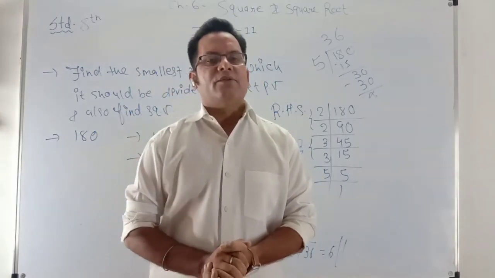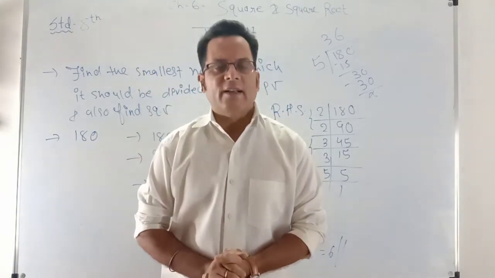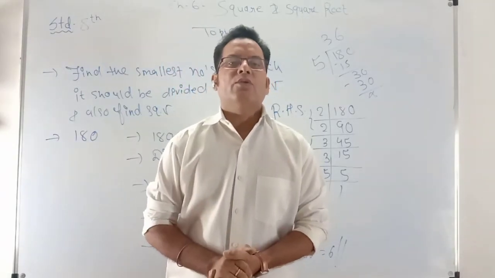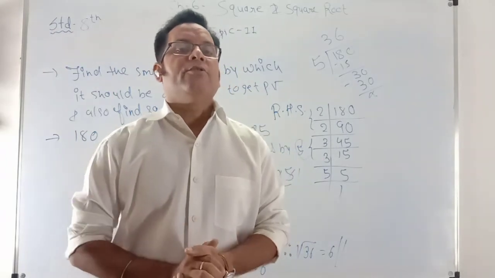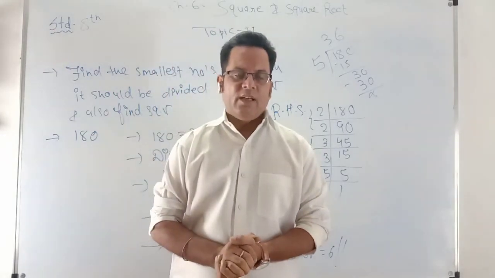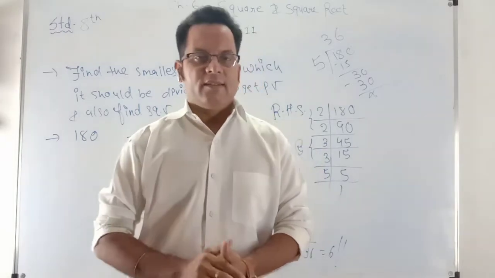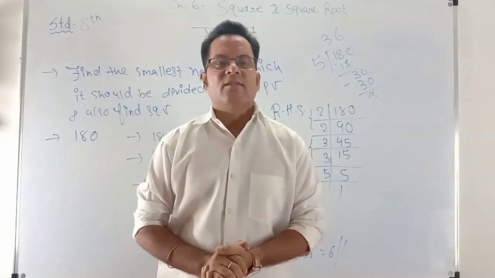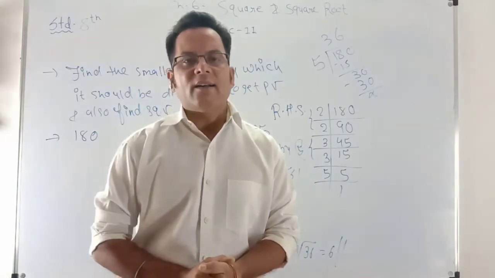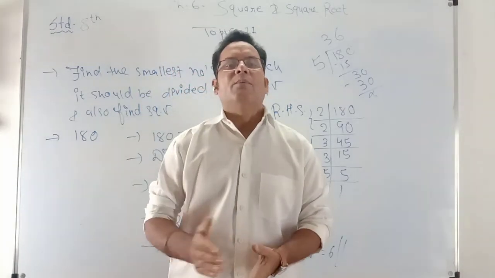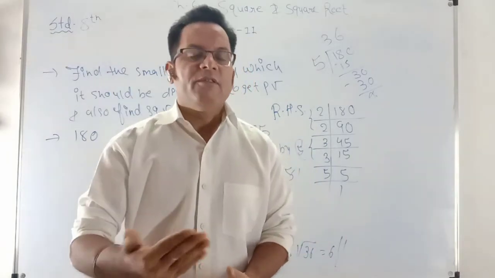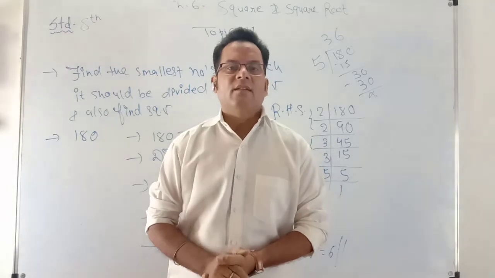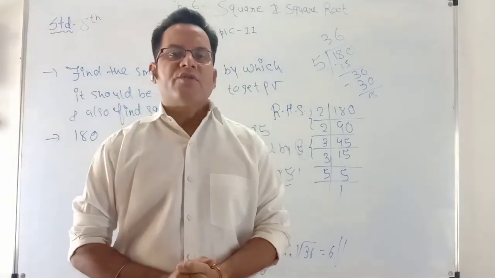Long division method, students, needs a lot of practice, because in that first of all you have to remember 1 to 10 squares, and then you have to see how to apply the squares in the sum. Suppose there is a 4-digit number given, you have to make 2 parts of two digits, put the bars, and then check the given number comes between the squares of which 2 numbers. Right? So after the long division method we went for Pythagorean triplet.